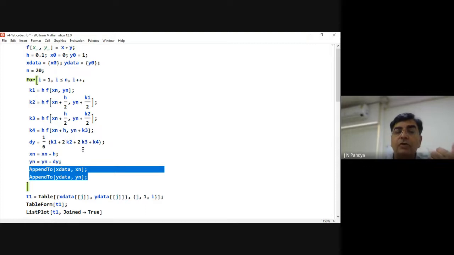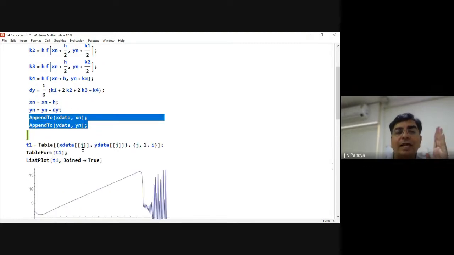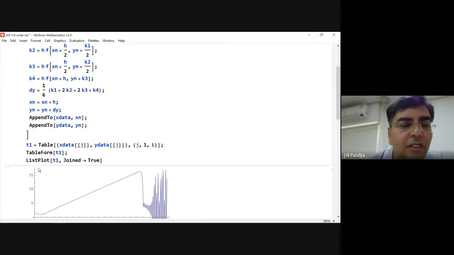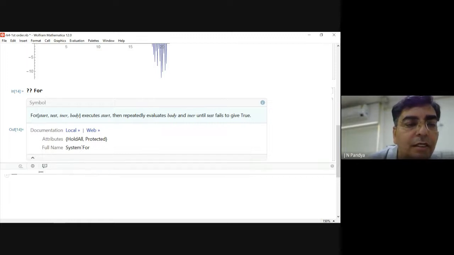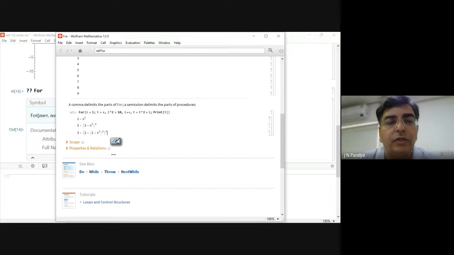Okay. Now the question is, I have got one x array separately. I have got one y array separately. I want to make a table out of it. So that table is written in this way. Table means data set, you can say. But here, table does not literally mean table in that way, right? As far as Mathematica is concerned, it is not table in that way. Why it is not showing that editing part here? I don't know. It is showing only here.